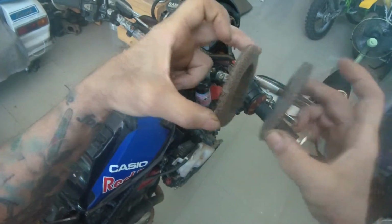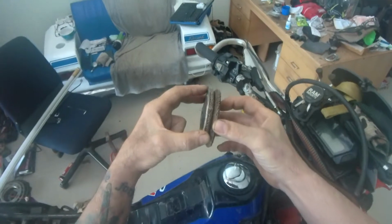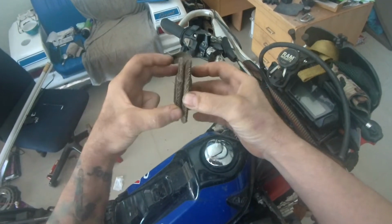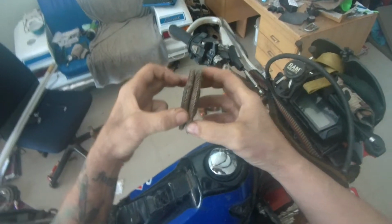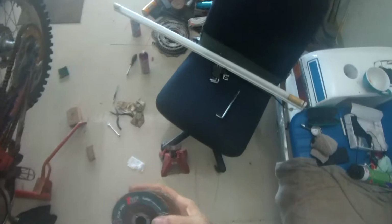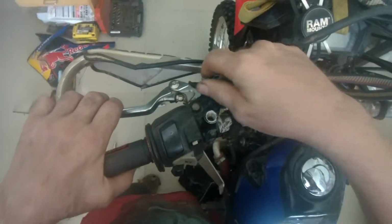Okay, so it's squeezed together with a bunch of springs, and what you do is you compress the springs to move it away from the engine. Now over time, as these wear, they start to slip, and if they slip too bad, they'll burn out. Now, slipping can occur if your adjustment is wrong on the clutch. So, having said all that lot with a pair of old grinding discs, we're now going to see what clutch